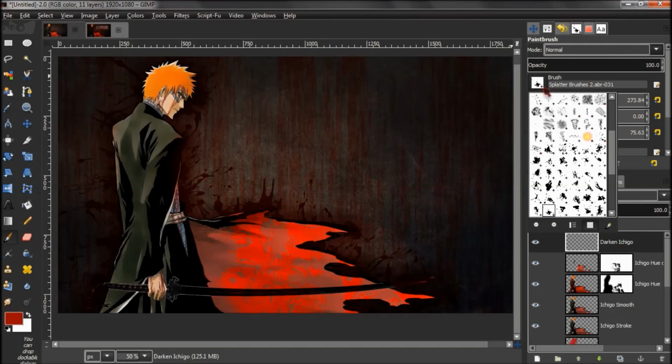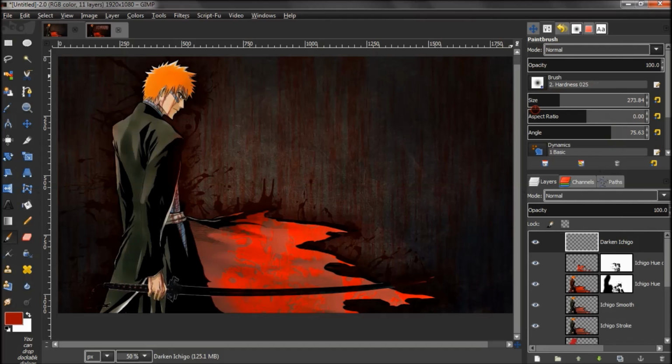And we're going to go back into our brushes, and we're going to grab a soft brush and make the angle back to 0, maybe, if I can get this right, excuse my language. And let's see, yeah, that's about right. And we're going to grab black,